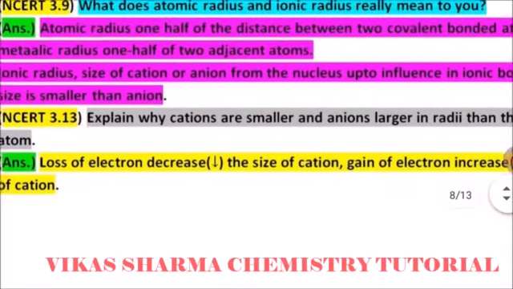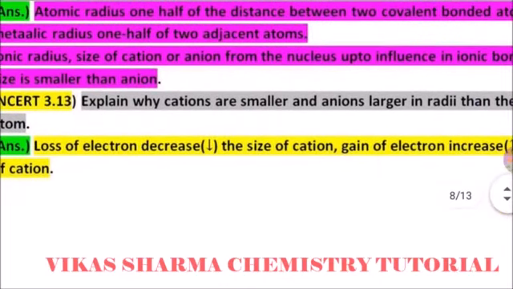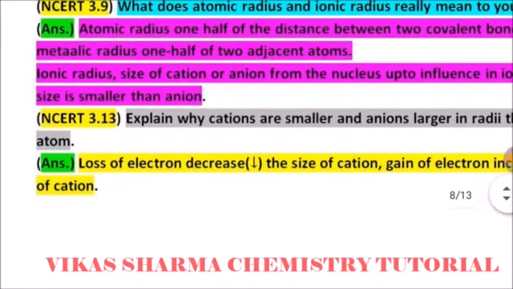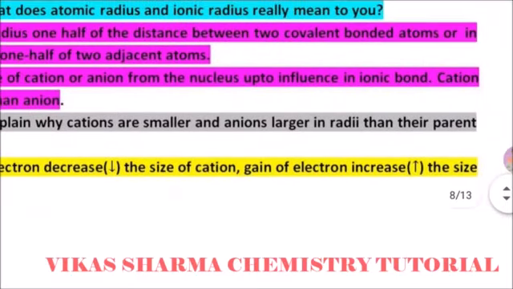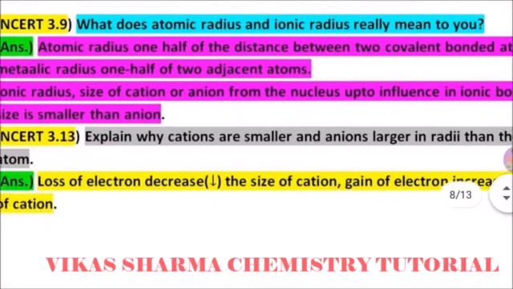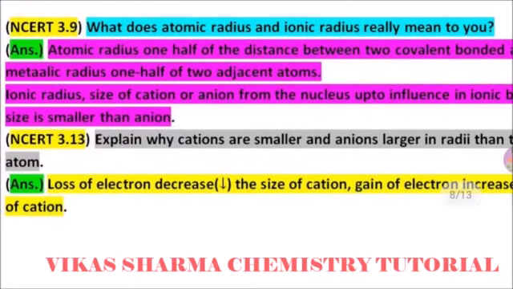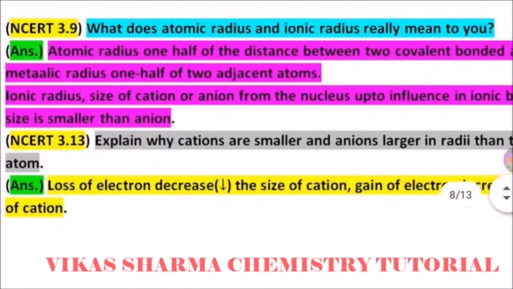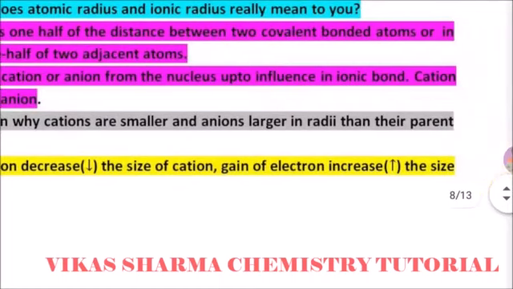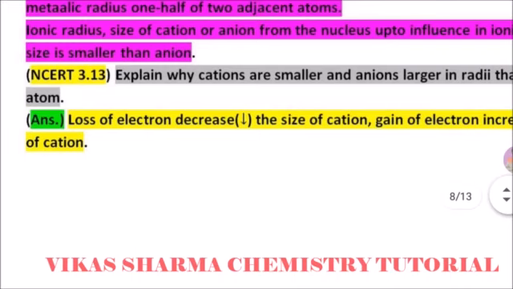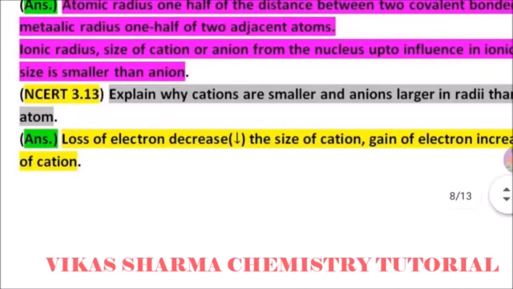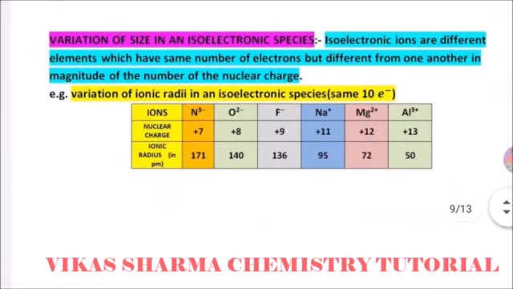Cation size is smaller than anion. NCERT 3.13 question: explain why cations are smaller and anions larger in radii than their parent atoms. Loss of electrons decreases the size of a cation and gain of electrons increases the size of an anion. If you want a deeper explanation, you can watch today's video. The next question is variation of size in